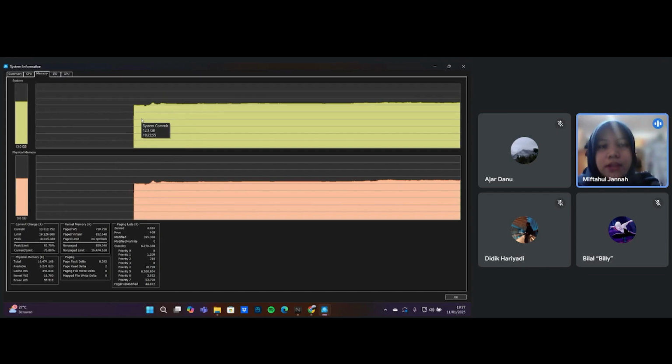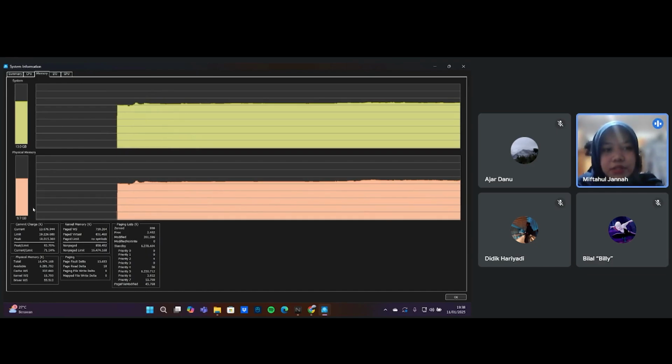If it's too full, the house may feel slow or sluggish. And the orange color shows how much memory in your home, in your program, is being used. Just like yellow, if orange is full, the house can feel slow or claustrophobic.